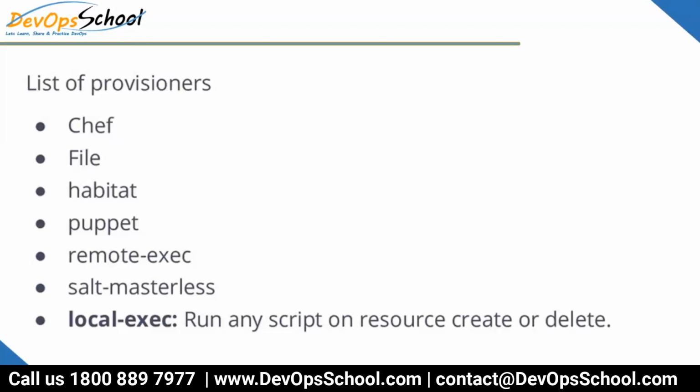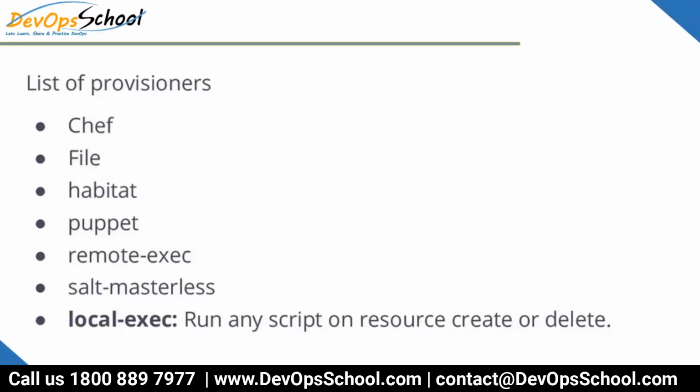In a simple way, you created a VM, and if you want to run a Chef script in the VM after its creation on Azure or AWS or Google Cloud, you can use a Chef provisioner to run the Chef cookbook. In Chef, we have the concept of a cookbook. Habitat also you can do that. Puppet we call a module. And Salt also has master scripts, something like that.